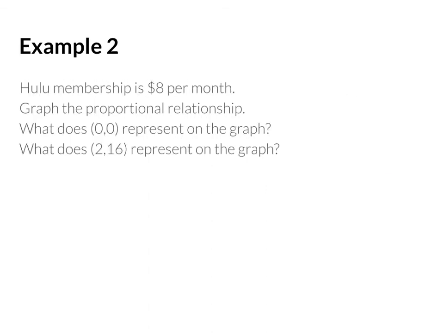Example 2, a Hulu membership is $8 per month. Graph the proportional relationship. And then it's asking, what do these 2 points represent on the graph? I start with my coordinate plane, my y-axis and my x-axis, and we're comparing dollars to months. Which one is going to affect the other? Well, how long you have or how many months you have Hulu is going to affect the cost or how